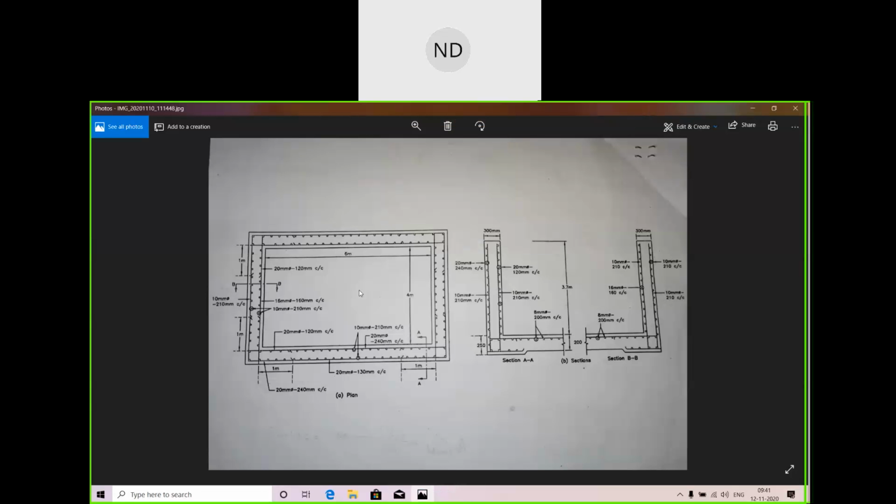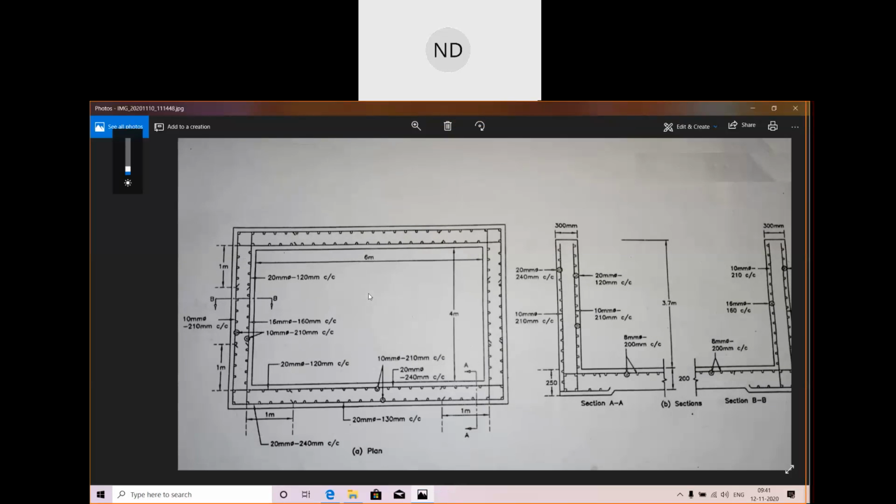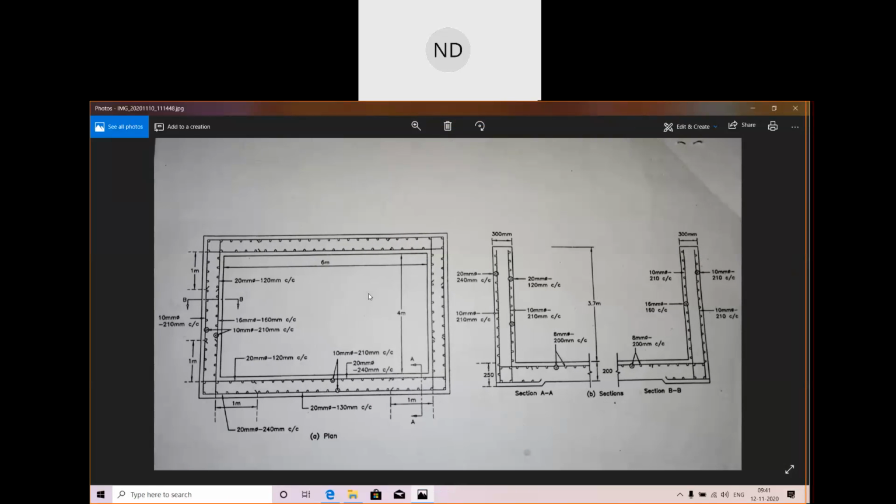This one, did I show you? This figure for the rectangular water tank, after we have designed all these things. At the center, we have the area of steel reinforcement, 10 dia bars at 210 spacing, and 16 main bars, we have taken 16 dia bars at 160 center to center. Then we have 10